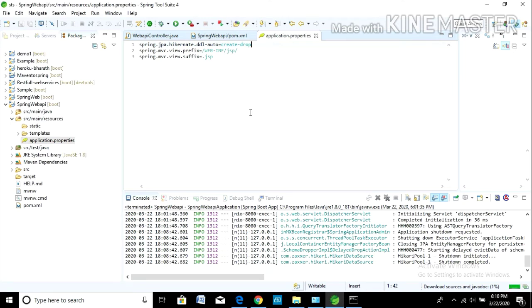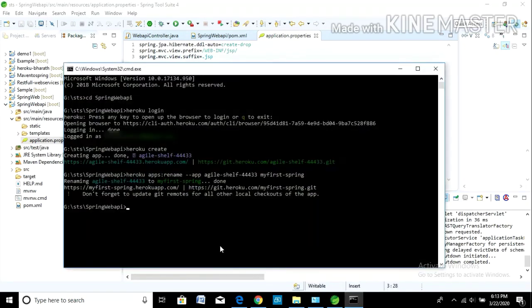If we give the value none, it will remain the same, I mean it will not change any of the data in the database. But now if we close the application, the data we put into the database will vanish, I mean it will be dropped. Now click on save.